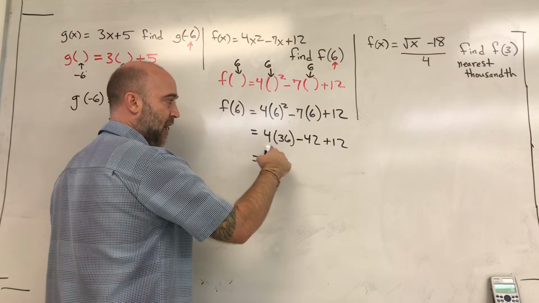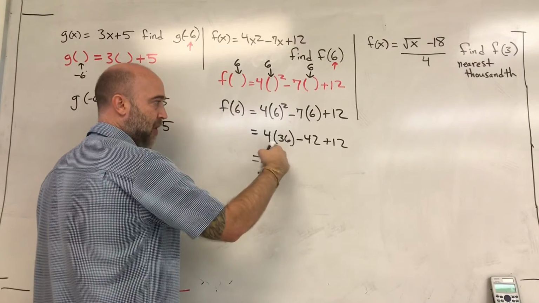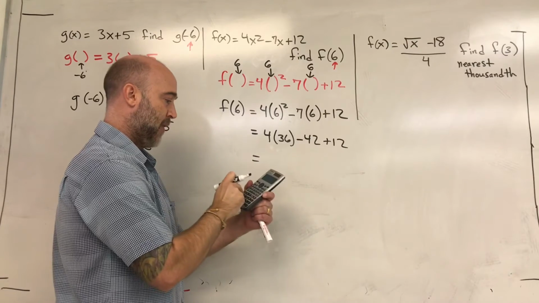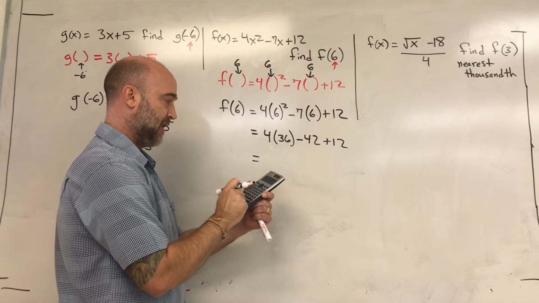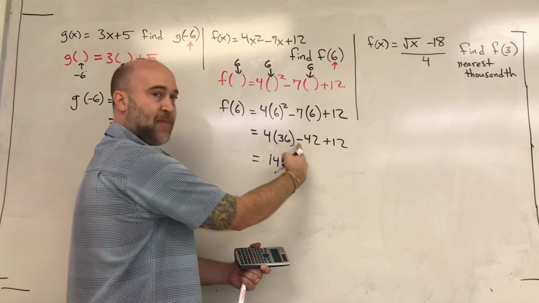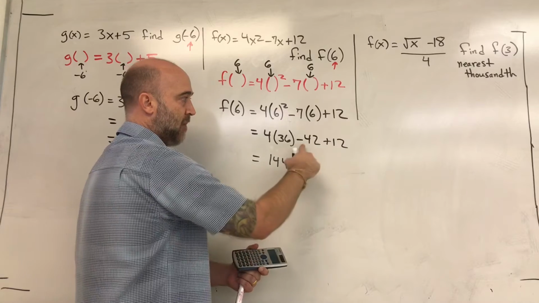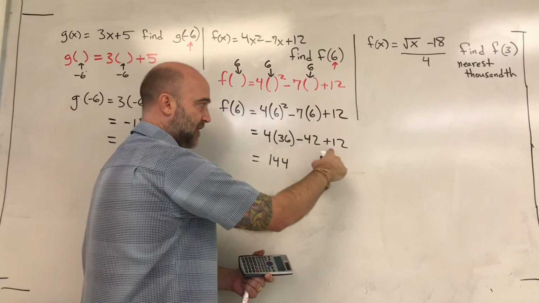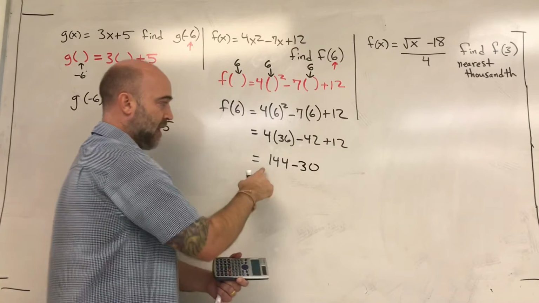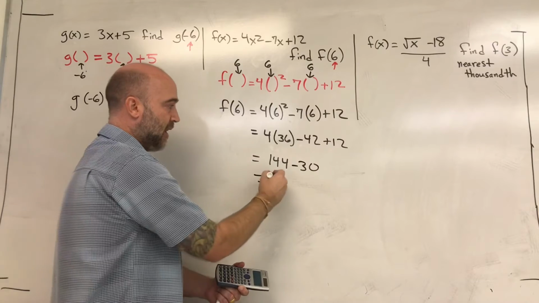Next, I'm going to go ahead and multiply comes before addition and subtraction. So 4 times 36, I have my calculator right here. So 4 times 36 is 144. It's separated by that minus sign again, so that means I can combine these two without problem. -42 plus 12 is 30 on the negative side. And then 144 minus 30 is